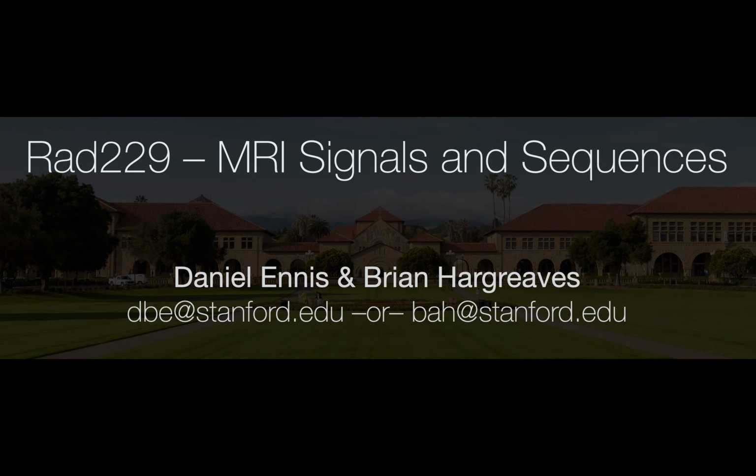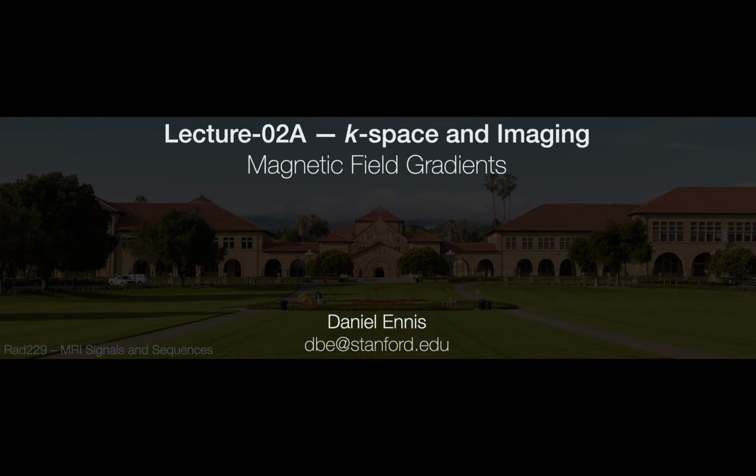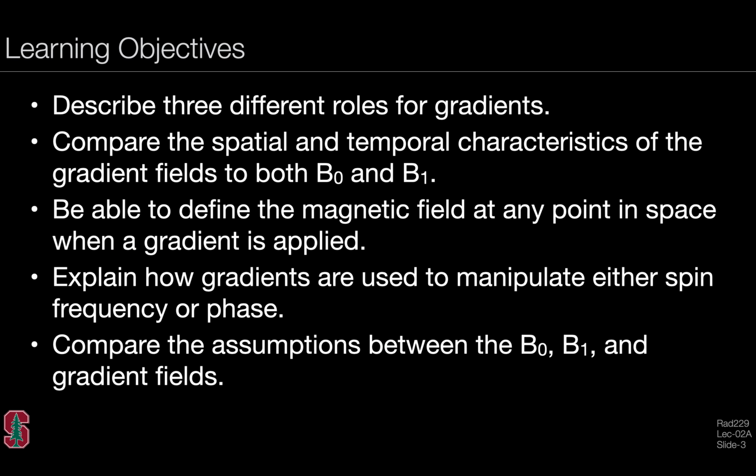This lecture is part of a series of lectures for Rad229, MRI Signals and Sequences, offered in the Department of Radiology at Stanford University. The second lecture, Case-Based and Imaging, is broken down into 4 parts, and Lecture-02A covers magnetic field gradients. The learning objectives for this sublecture include describe 3 different roles for gradients, compare the spatial and temporal